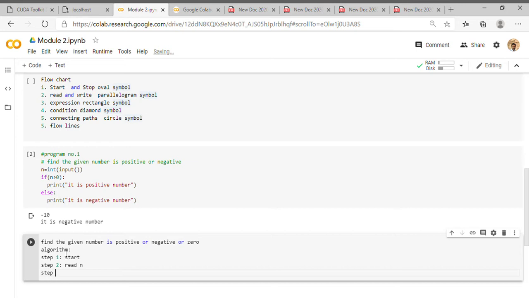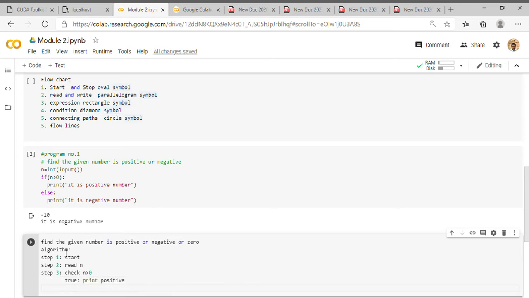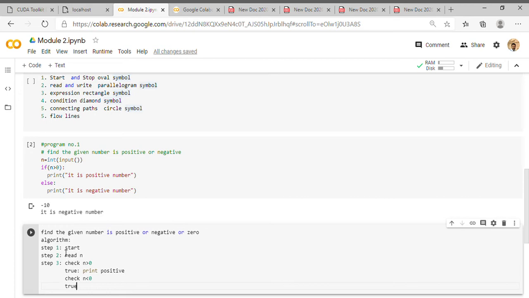Then step 3, check n greater than 0. If it is true, print positive, else if, again I check n less than 0. If the condition is true, print negative,